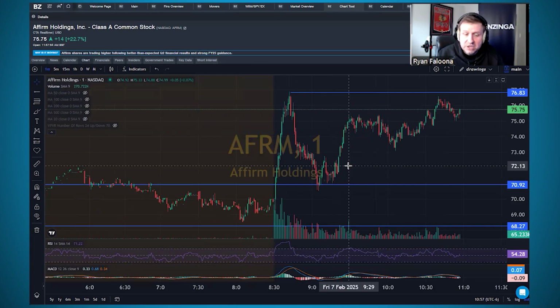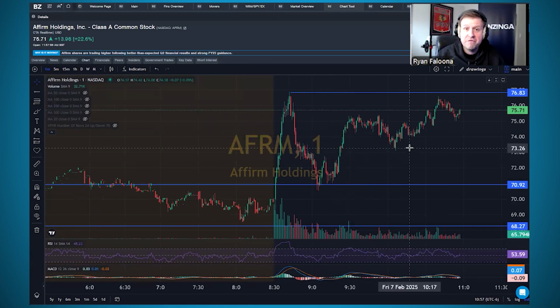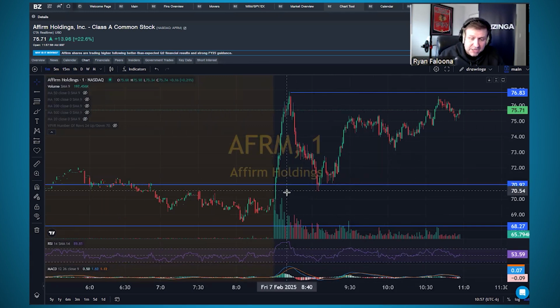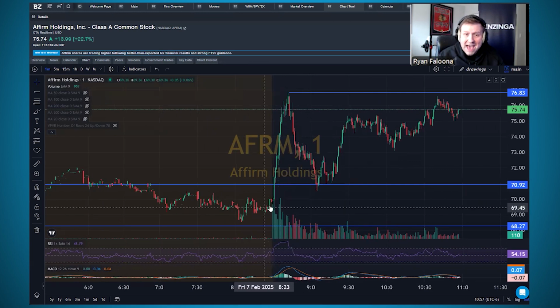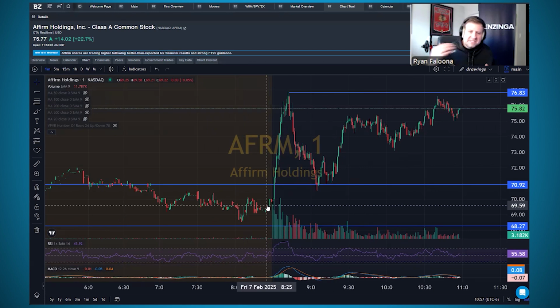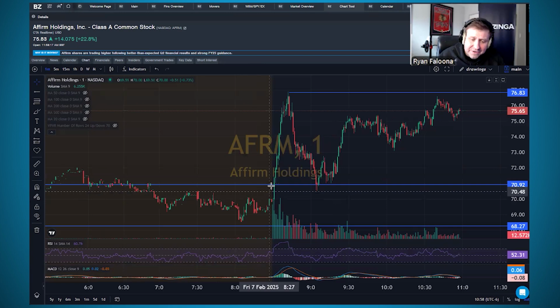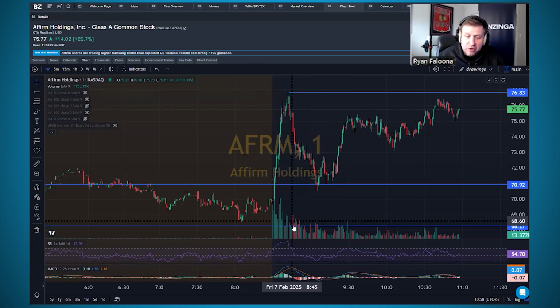Now, if we zoom into an intraday chart, you can see very similar behavior here, right? Right out of the open. First of all, right when the market opens, we should expect more volume. The same is true around the close. There's going to be more volume around the open and close than there is in the middle of the day. This is just normal market behavior. There's nothing really to take away from that. But what we can do is watch this volume and see if it changes relative to previous ticks